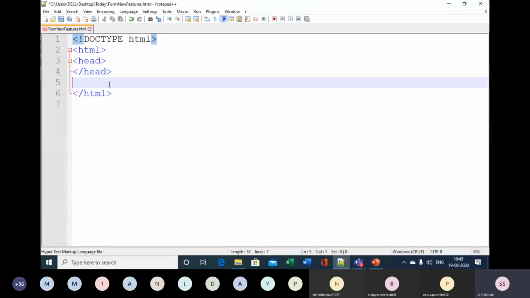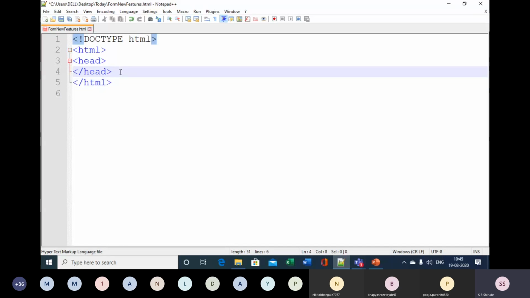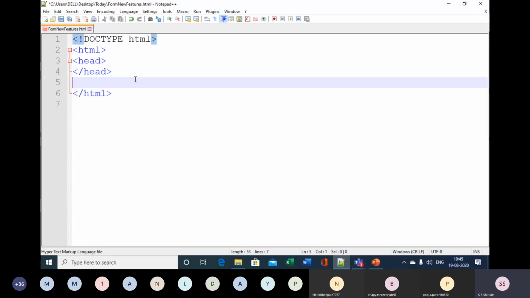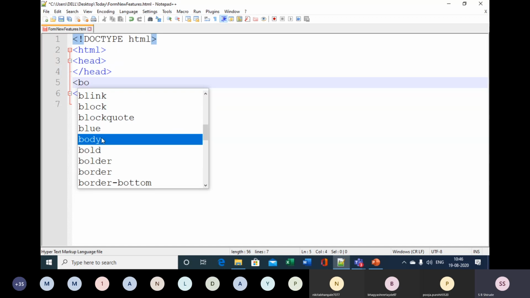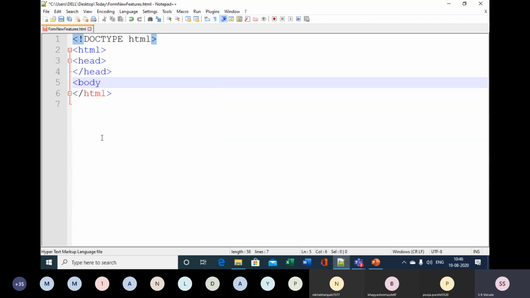Now in this we have two sections, the head section, then the close head section. Now see here, when I am typing head section, I want the closing tag to complete automatically. So the auto completion feature is what I want. One feature I am able to use here: if I press B, then all the elements or attributes starting with B come in the list. So I can select, suppose BO, then body comes. If I press enter on body, the complete word gets inserted.